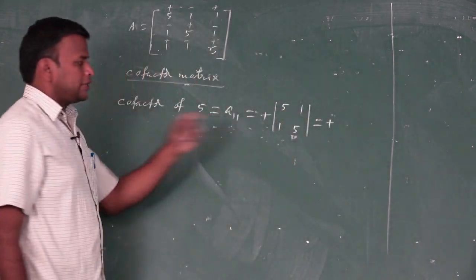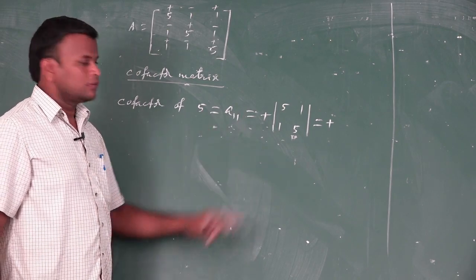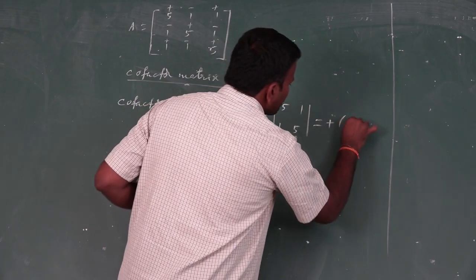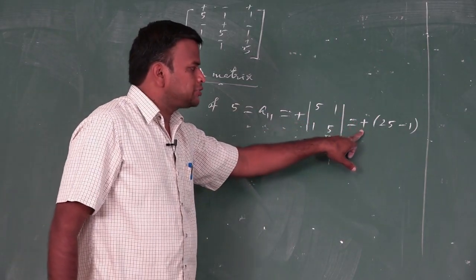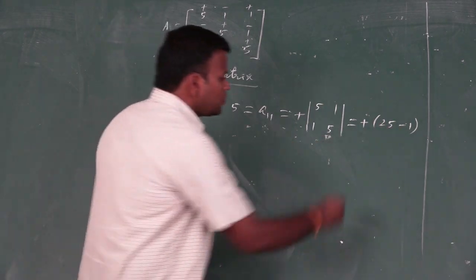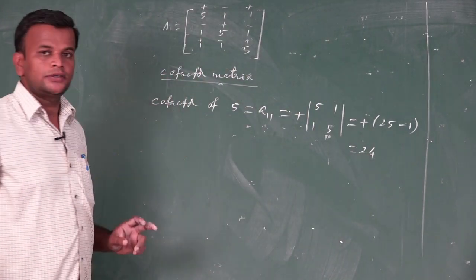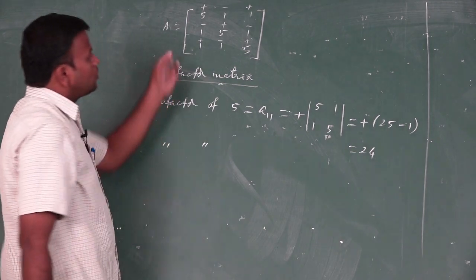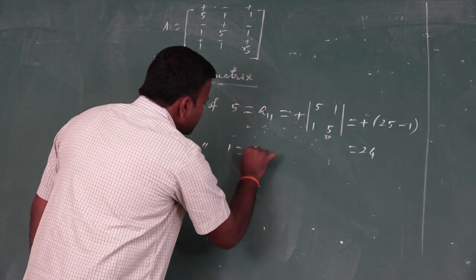Outside is plus. Now we find this determinant. We multiply the leading diagonal elements: 25. Outside is plus, inside is 25 minus 1. 25 minus 1 is 24. So the final answer is 24. That is the first element. Next, the cofactor of the next element of this 5, which is 1, whose place value is